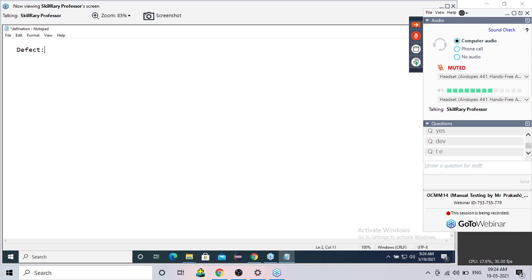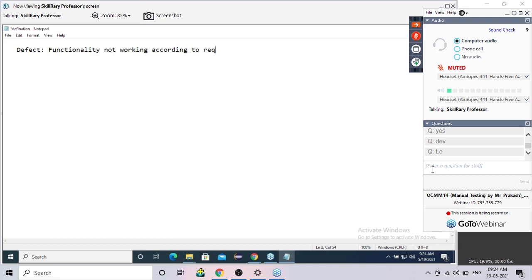Boss, this is a word which is used by the test engineer only. When I say the test engineer found a defect, can you say that defect is found in the code? Remember, a defect is always found by test engineers only. So can I say that the defect is found in the code? No, because we cannot see the code itself. Guys, when I say defect, it means the functionality is not working according to the requirement.